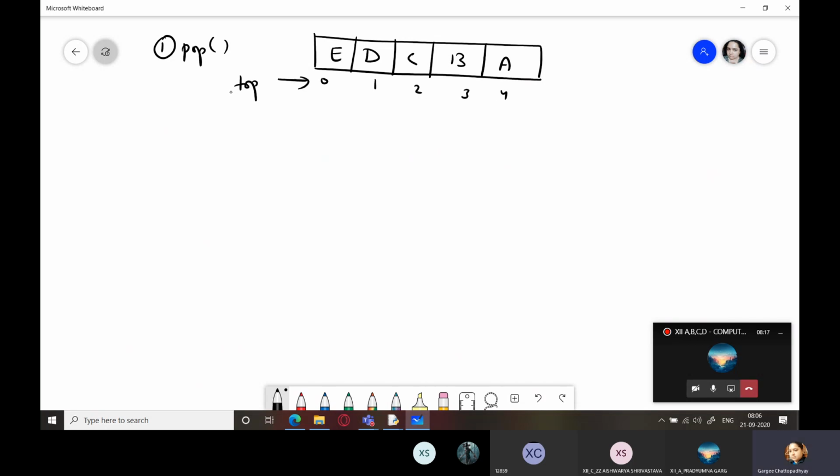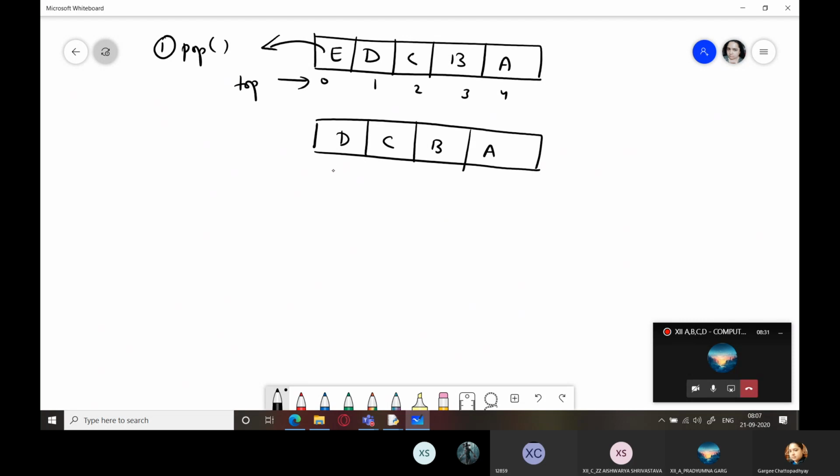This is top. When you write pop, one element has to be deleted. That is, E has to be deleted. So then your stack will become... got it?